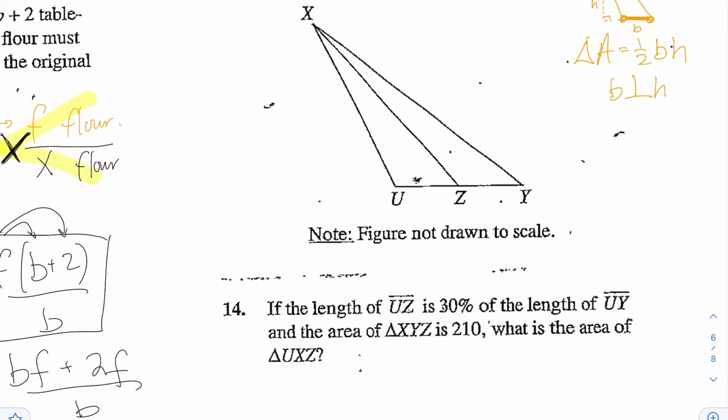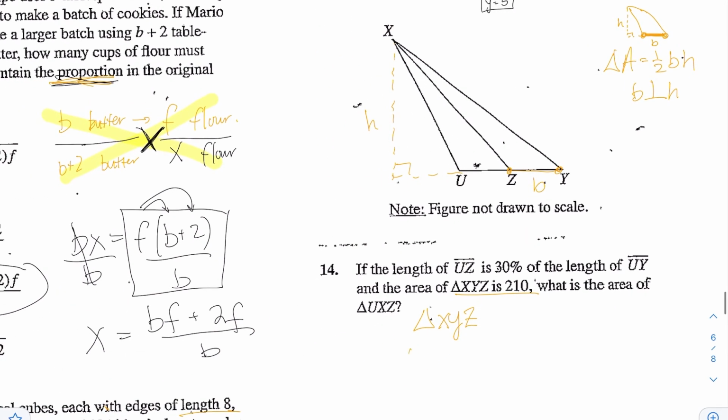So for that triangle, the area is 210. So it has some base, which we can call B. And now both of these triangles actually share the same height. So for triangle XYZ, the area is going to be 1/2 the base, which we'll just call B, times the height H, and that's equal to 210. So here, if you multiply both sides by 2,